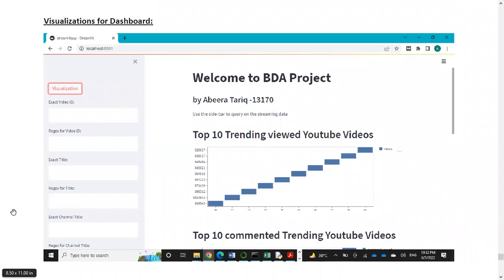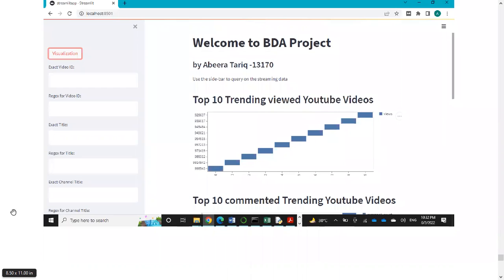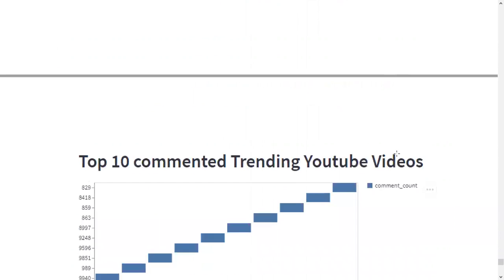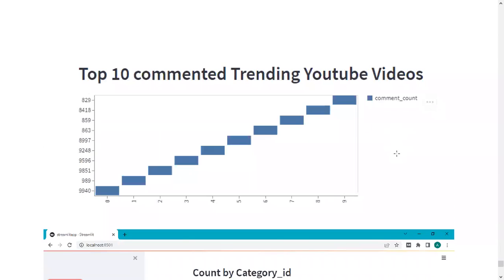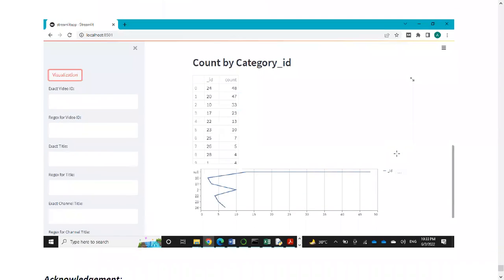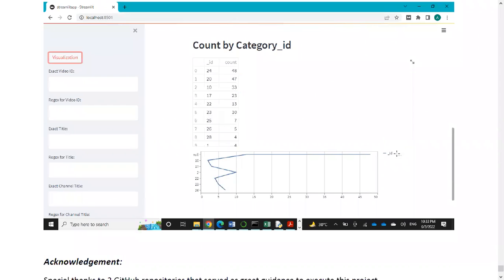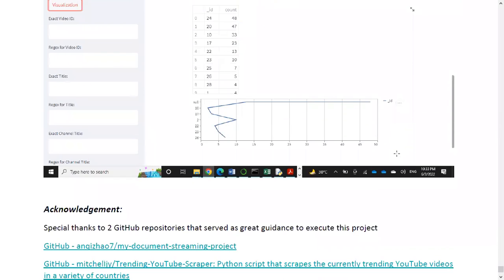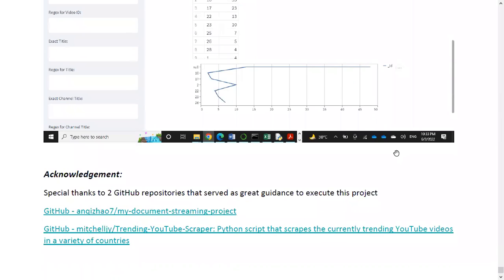dashboard. This is done in the code itself, where we have the top 10 trending viewed videos, to know which ones are the most viewed, most commented, and then by category, which category has the most number of trending videos. So at the end, I would like to thank these two GitHub repositories